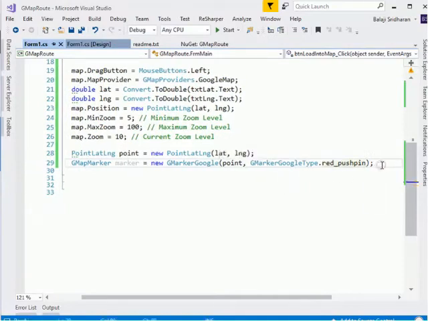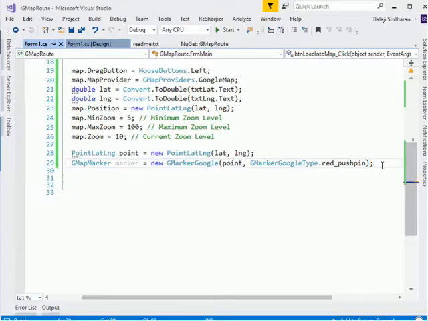Now we have created a point, and we have passed that point to this marker, which successfully creates a marker. But we want to add this marker to our map. We can't directly add this marker to our map because typically a map can contain any number of markers. In order to hold all those markers, we first need to create an overlay. We will first create an overlay, and then add this marker to that overlay.